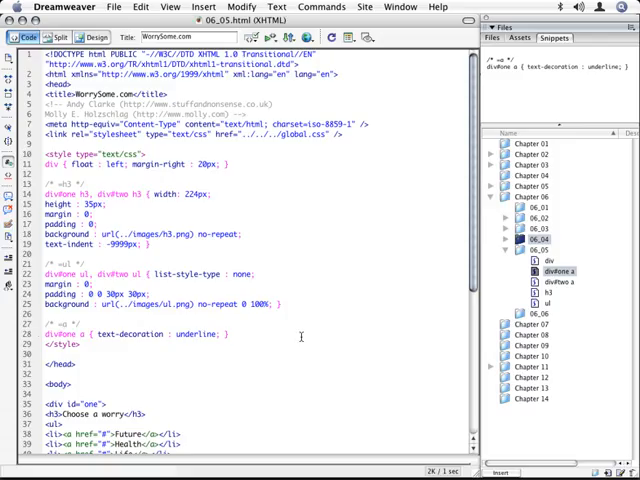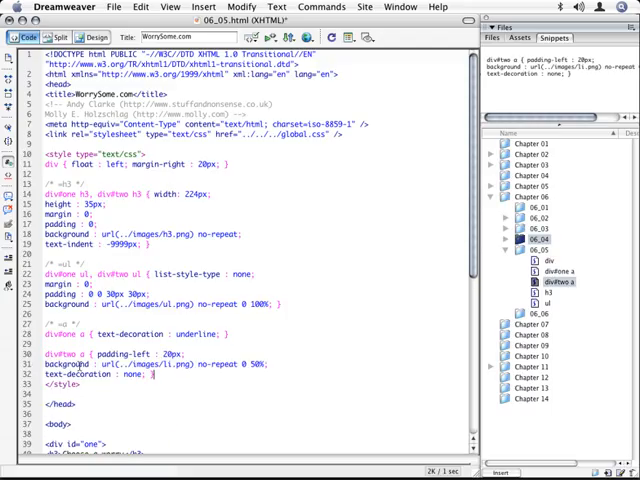Now let's apply a different style to the anchors in division 2. And here you can see that by using a descendant selector, I'm able to apply styles only to the anchors which sit inside div 2. I've given them a padding left of 20 pixels, which allows spacing to show through the background image that I've applied to each anchor. And I've also reset the text decoration to none, but only for links which sit inside this div. Let's save the file,